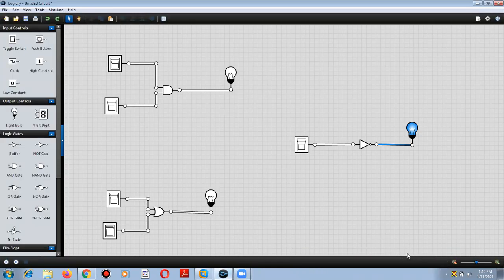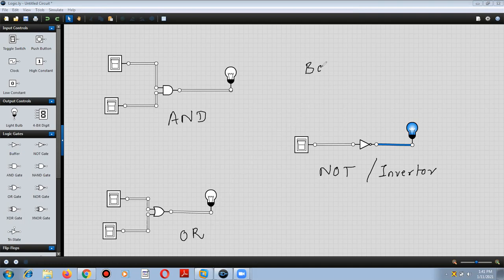In this video, we are going to learn about the operations of basic gates. Now, what are the main basic gates? You can see on the screen, the various kinds of basic gates: this is the AND gate, this is the NOT gate, which is also called an inverter, and this is the OR gate. So basically these three gates are called basic gates. Now let us see the truth table and verification of each and every gate.